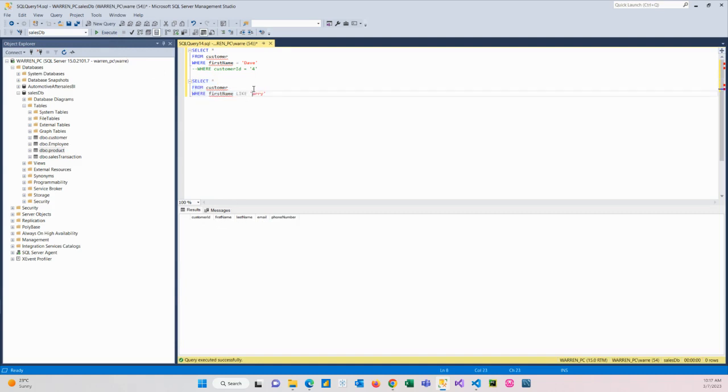But what we can do is have a wildcard for the first letter, because it was Harry and Larry, and you can use a percent symbol. So what we're telling SQL is it must end in arry. It can have anything in front of it. So if we run this one now,